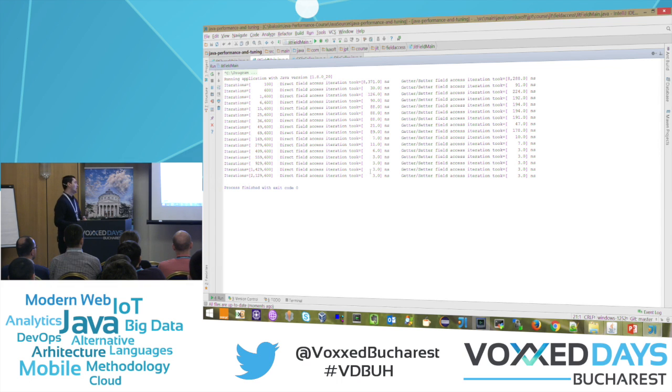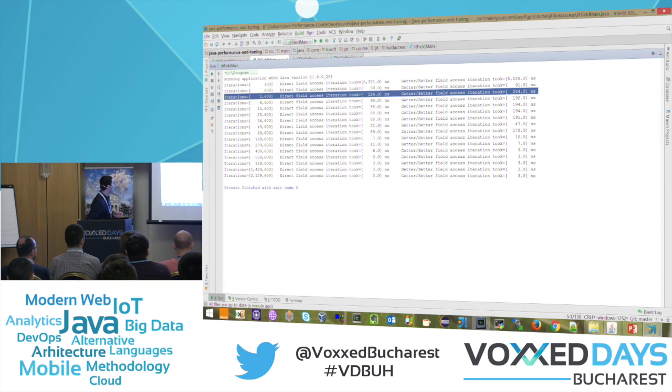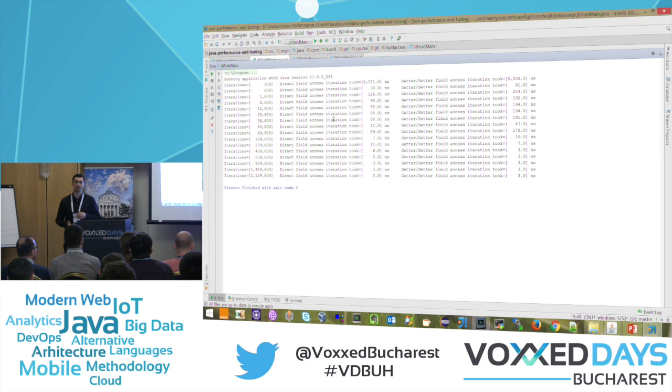I'll try to describe what happens. I printed out the number of invocations and how much time it takes to do a direct field access per iteration, and the time it takes for getter and setter field access. If we throw away the first invocations, because those are full of noise,